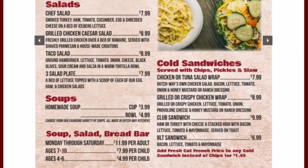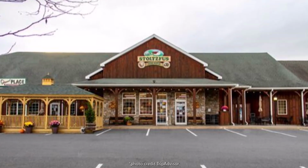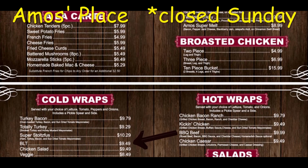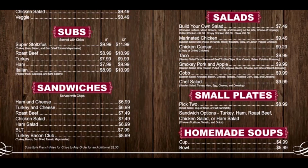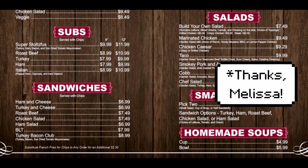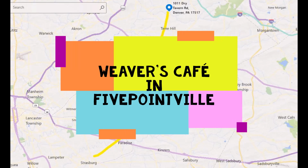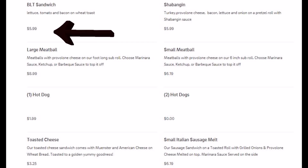Next, we're heading to Stolfoot's Meats in the town of Intercourse. Inside the meat shop is a little cafe counter called Amos's Place, and their BLT is $9.49. This is a tip from our friend Melissa here on our Lancaster loving community. And then we're going to head to Weaver's, back to Keith's recommendation, and their BLT is $5.99 up there in